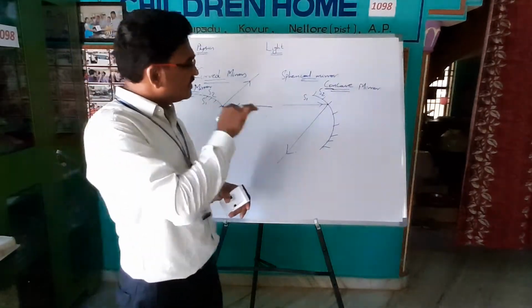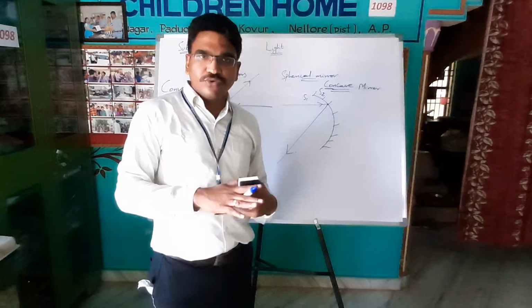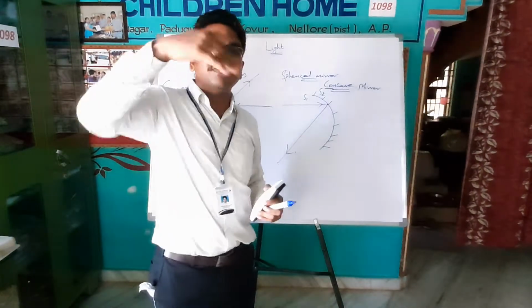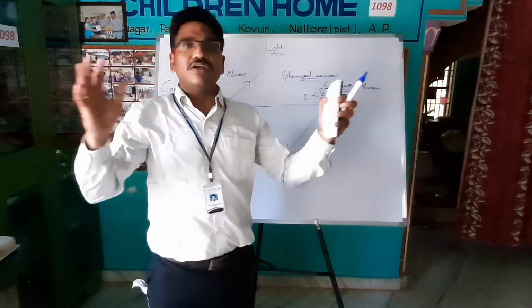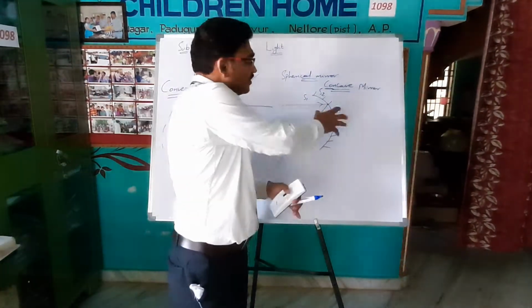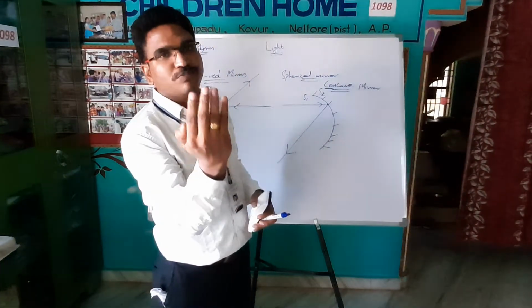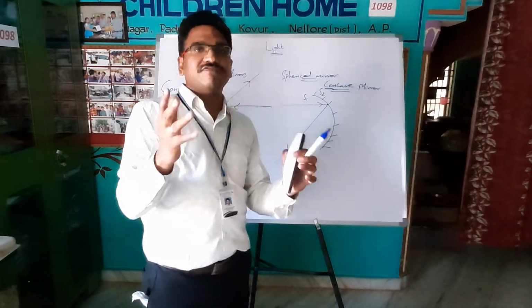Because of these spherical mirrors, as I said earlier, in the spoon, you are getting different images: inverted images, erect images, enlarged images, diminished images. All these types you are going to get because of this type of mirrors. This is the magic you see when you are looking at a spoon.